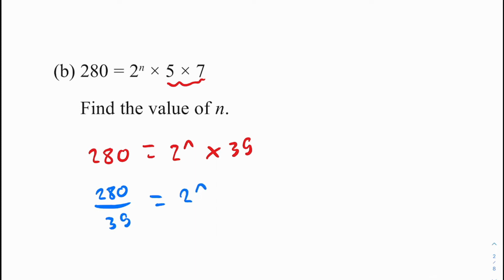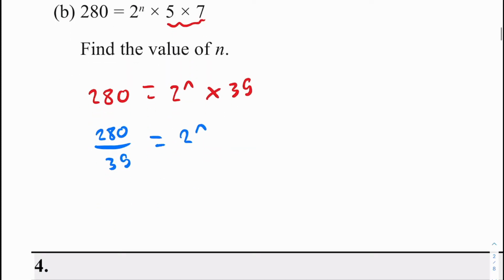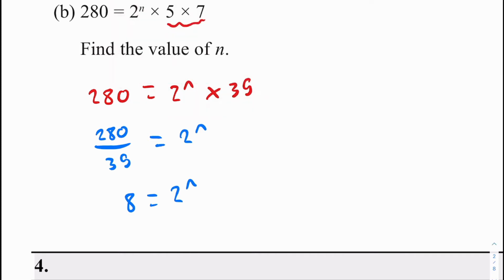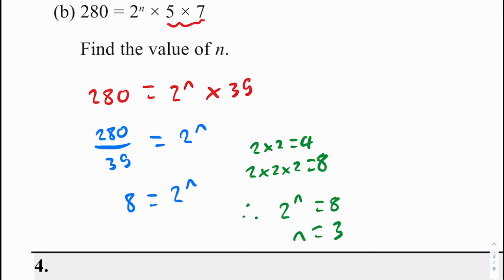Just grab my calculator. So 280 divided by 35 is equal to 8. So 8 is equal to 2 to the power of n. And just from looking at this, I can see that n is going to be 3 as 2 cubed is 8. But if you're unsure, we can do 2 times 2 equals 4. 2 times 2 times 2 equals 8. So therefore 2 to the power of n equals 8, n equals 3. Okay,